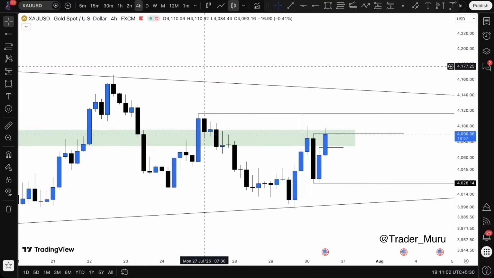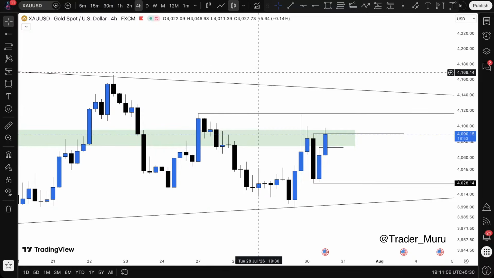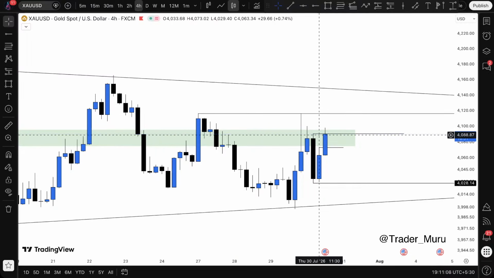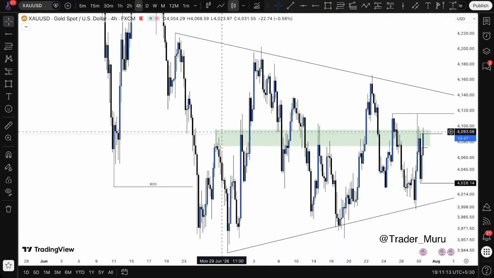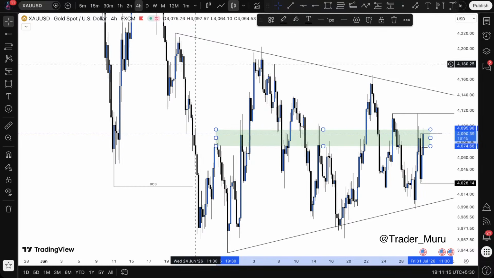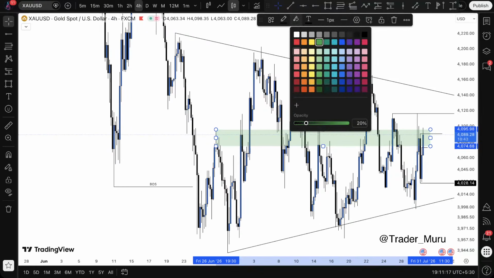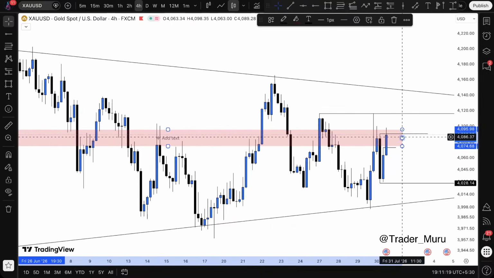Manipulation, you know the rest. This is just to sweep out the early short traders who are holding short from here in the 4-hour time frame. This is still a bearish area. Price should not close above the zone, then we are still watching for shorts only. Okay,